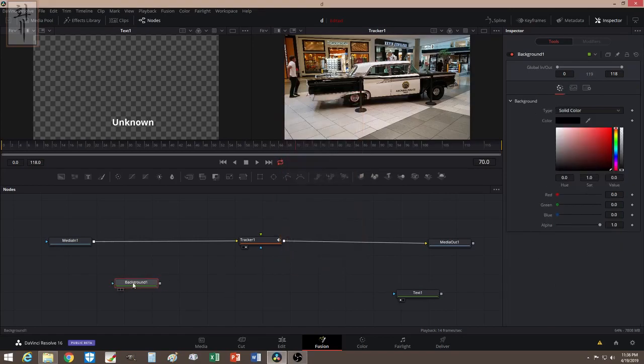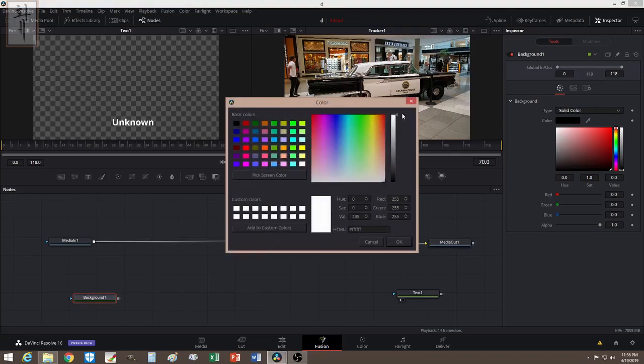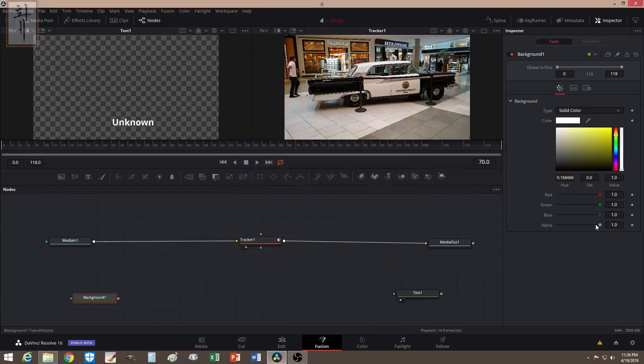Okay, now we have a background here. So on the background, select this to white. Okay, and then turn down the alpha to 0. And you notice right here, it's transparent. You notice right here, anything that's white. Okay, so now we want to add a